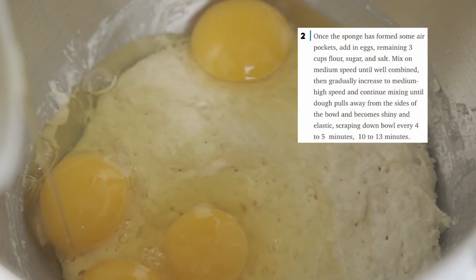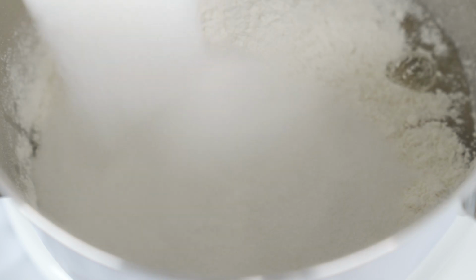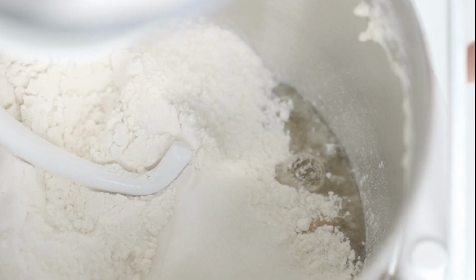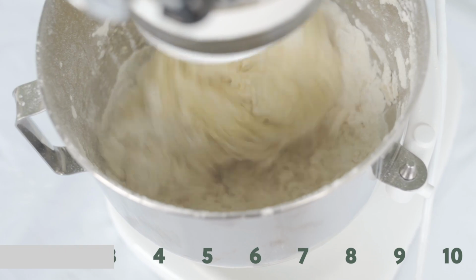Follow these instructions, which I'm pretty sure I can't read real quick, but you do that, and you're gonna get some flour after you toss in the eggs. Oh, that looks like sugar, and then that looks like other white stuff. I don't know why everything's white, so I can't really differentiate them. And then you toss this in there, and you let it go for like,